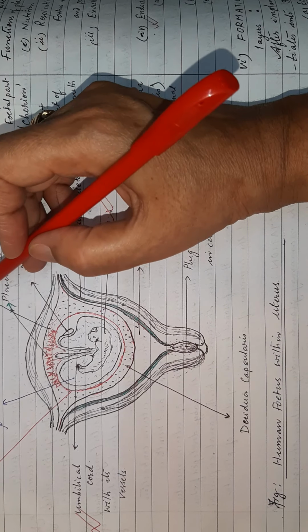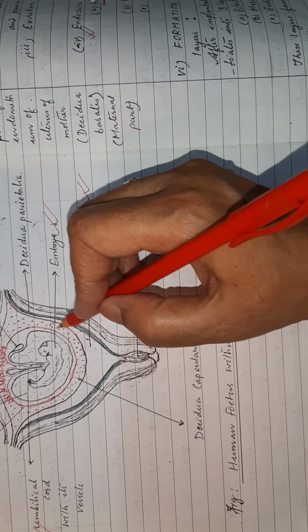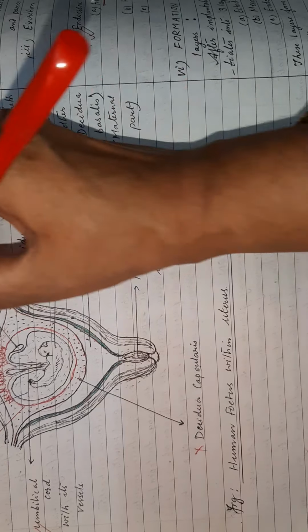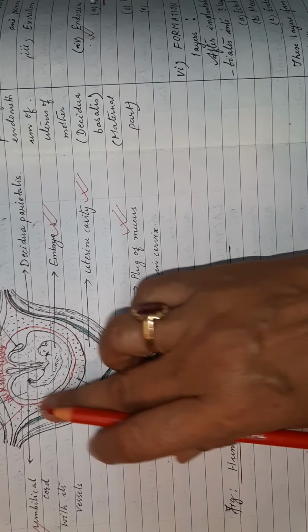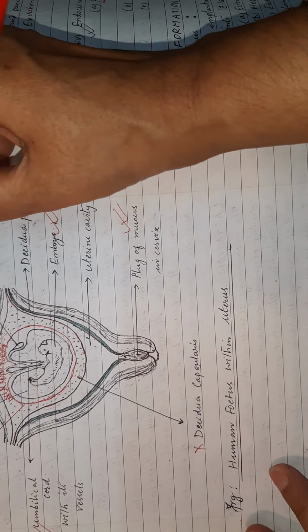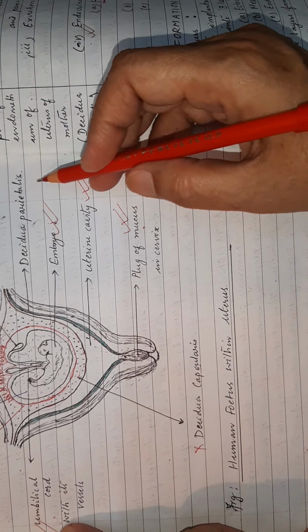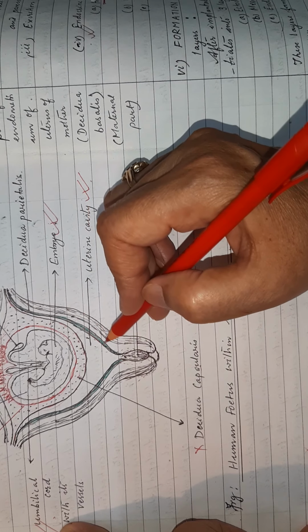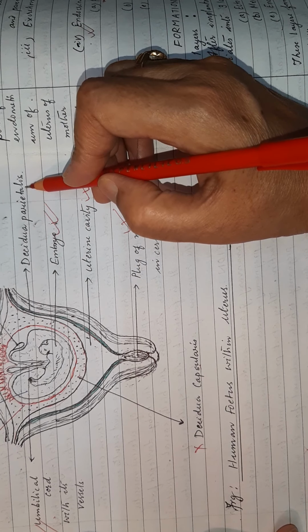There are 3 layers covering decidua basalis. This covering is known as decidua capsularis. These are not given in your book, but the diagram is given, the layers and all; labeling is not there. I have marked the ones which are labeled in your NCERT book. And this layer completely covers the uterus, so this is known as decidua parietalis.